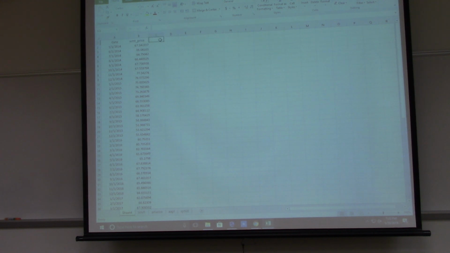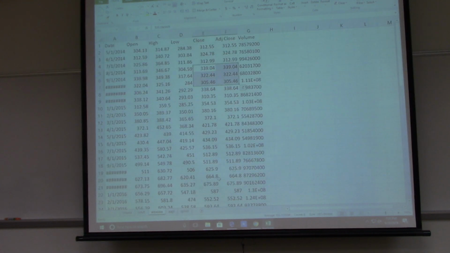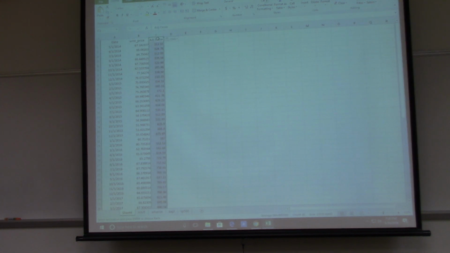And the next one should be Amazon's price. So you can just copy this column. It should be the same trading day because we're looking at the monthly stock prices. So we don't need to check the date. It should be the same across the stocks. So all you do is copy this Amazon column to the new sheet we just created, but change the name to Amazon